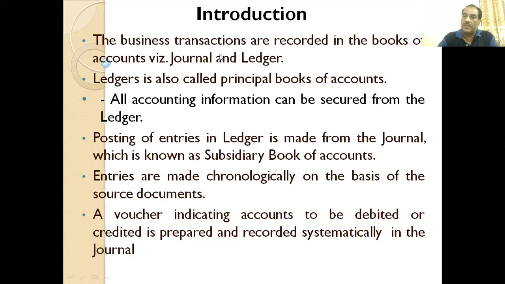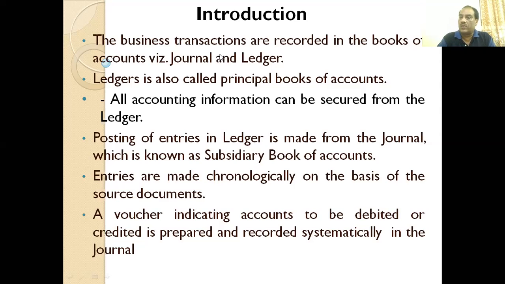Posting of the entries in ledger is made from journal, as I have told you, and a journal is a primary book of account or also called subsidiary book of accounts. All entries as and when made are first recorded in the journals, and from journals those entries are finally transferred to the ledger. So ledger is the final book of account. Journal is the principal book of account where all systematic records are maintained, and it is a book of permanent records of financial nature.